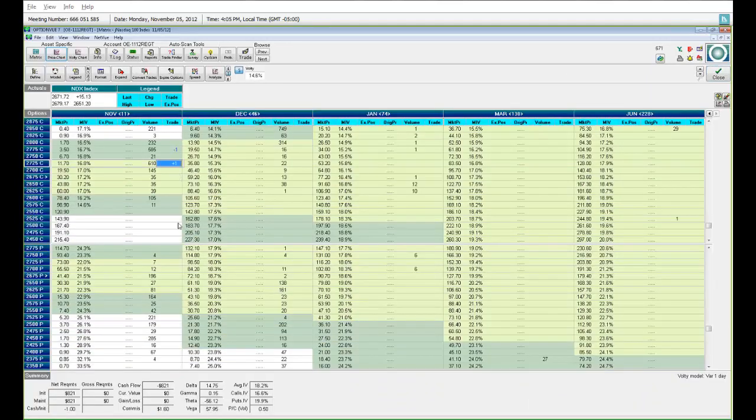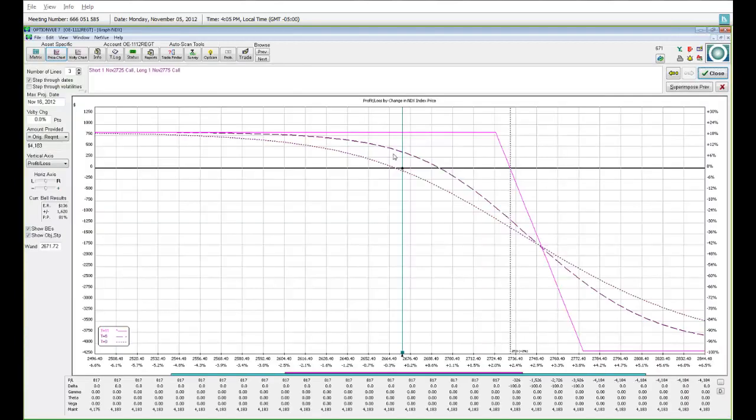What about the guy that says, hey, you know what? I'll sell that to you, man. Okay? You can buy it from me because I don't think it's going to go that way. Okay, that's what that guy's graph looks like. So if the market continues to go up, he's going to lose money, or she, and you're going to gain money if it stays the same. That's the way options work.